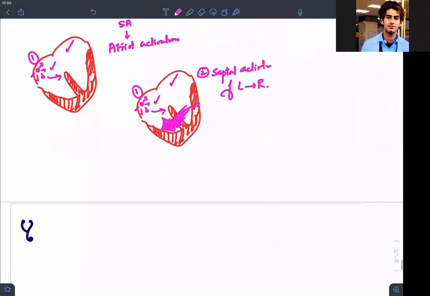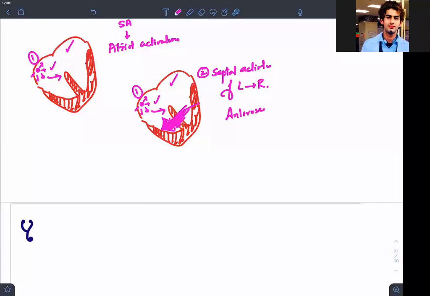Will it at the same time activate the anteroseptal region? Will it activate all this region? Let me take another pink color. Can I say at the same time when it was depolarizing, it can activate the anteroseptal region, this yellow which I am making? Yes. So can I say anteroseptal region is activated? Yeah. So anteroseptal.